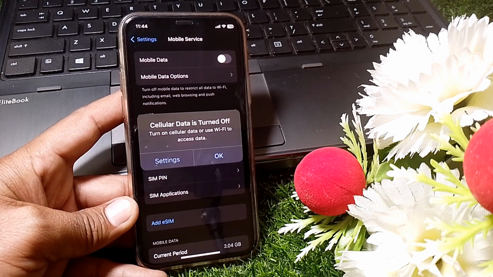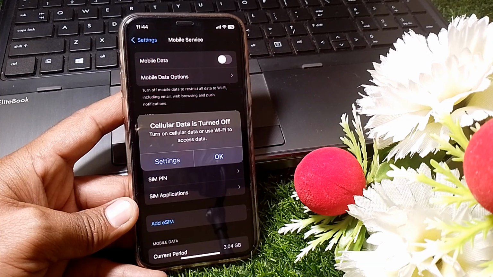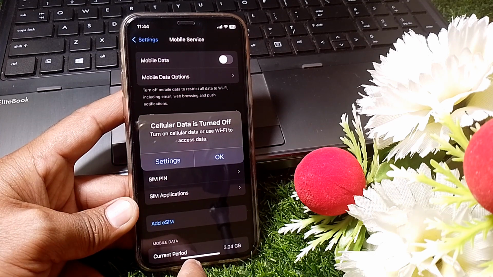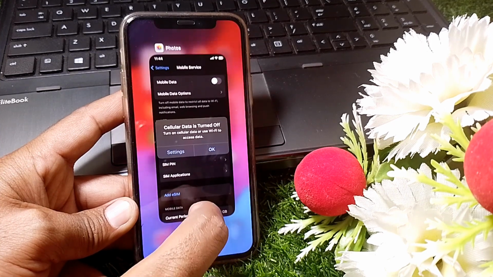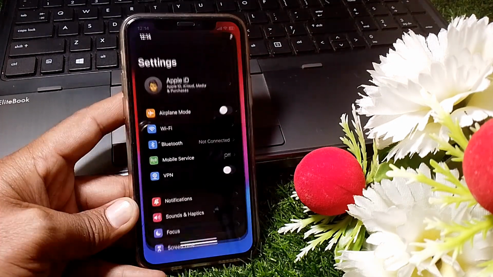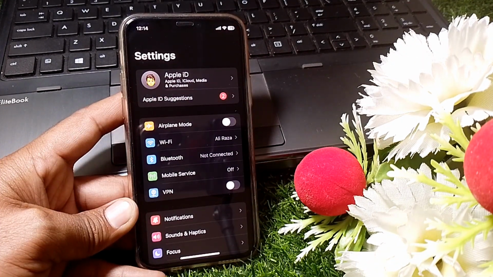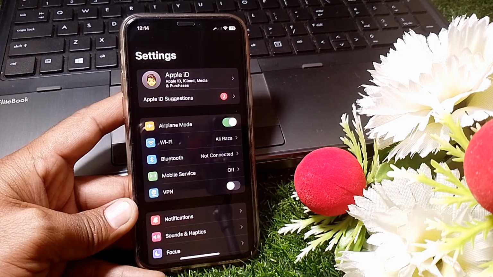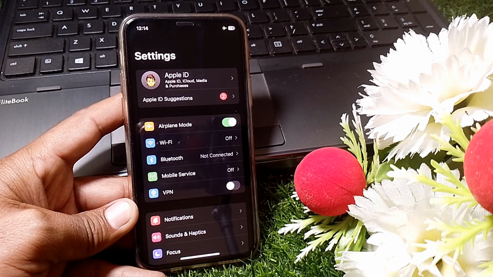So guys, in this video I'm gonna be showing you how to fix "cellular data is turned off, turn on cellular data, or use Wi-Fi to access data." So first of all guys, what you have to do is just simply close this page. If you're getting this error, just simply open the settings of your iPhone, and from here just simply turn on airplane mode at least for 30 or 40 seconds, and then turn this